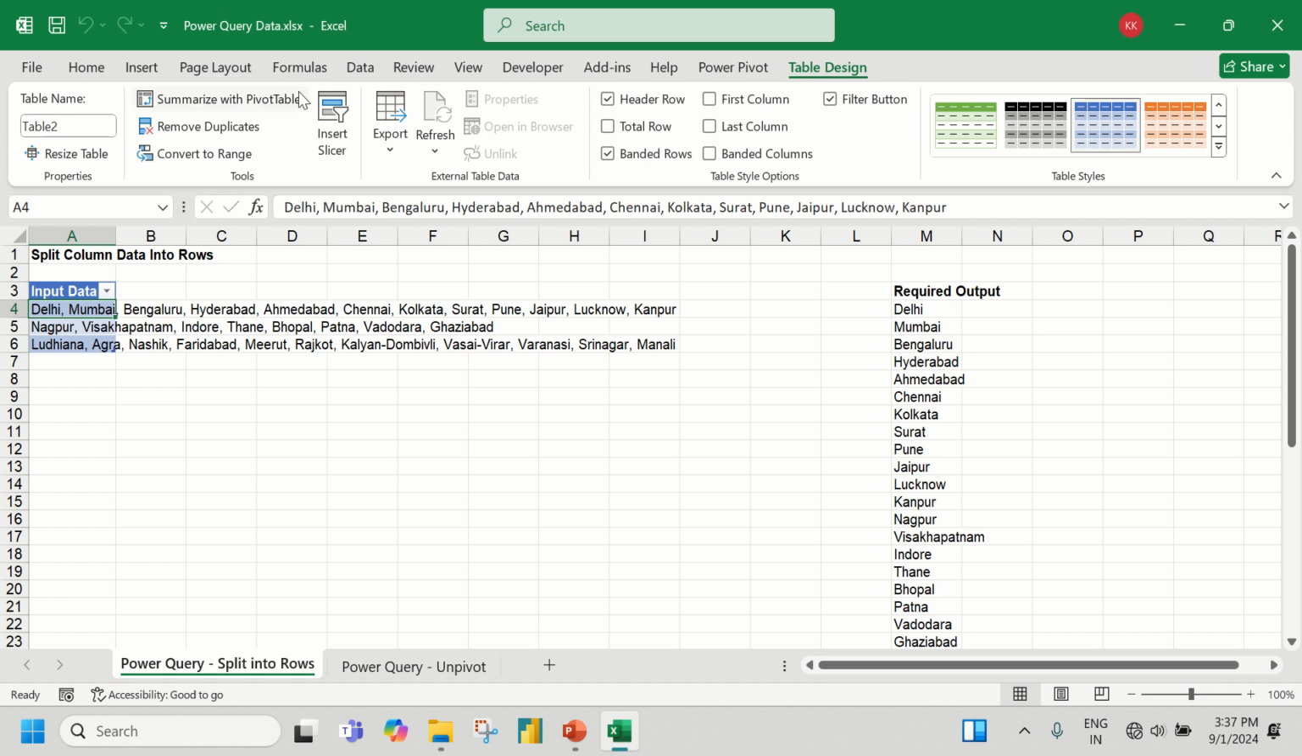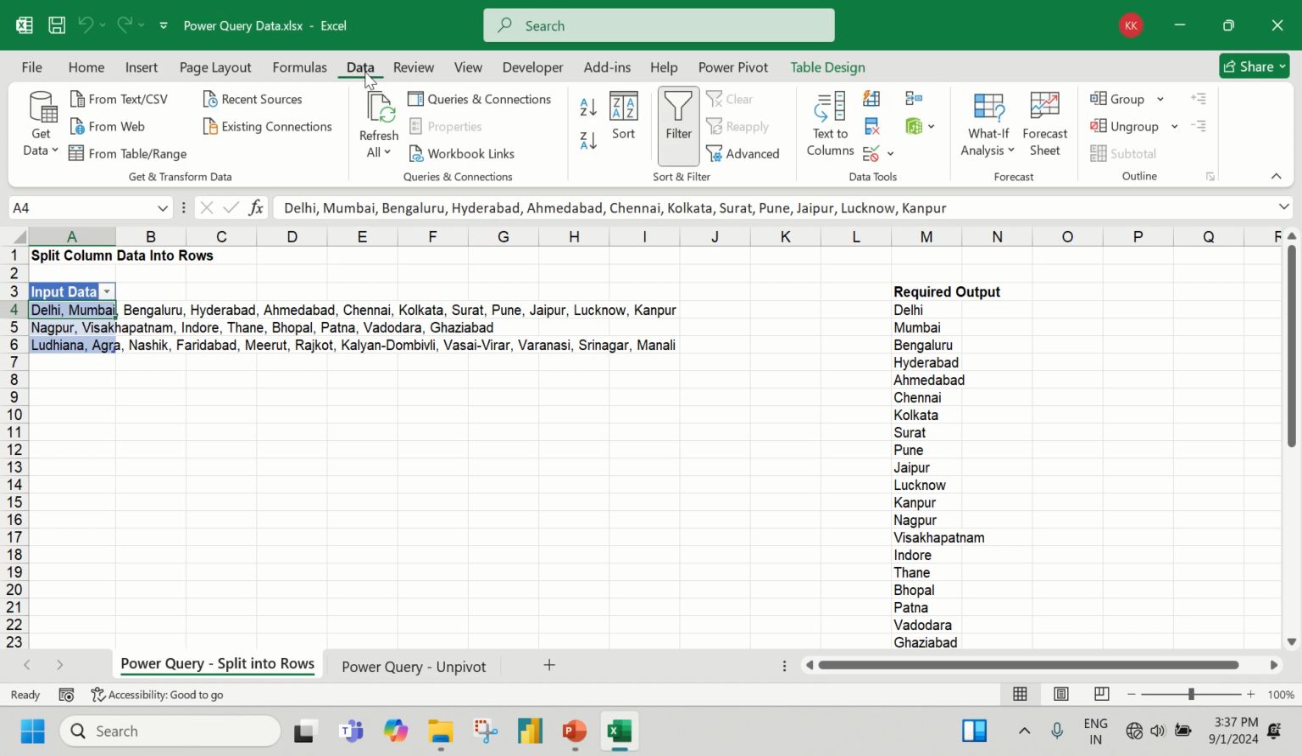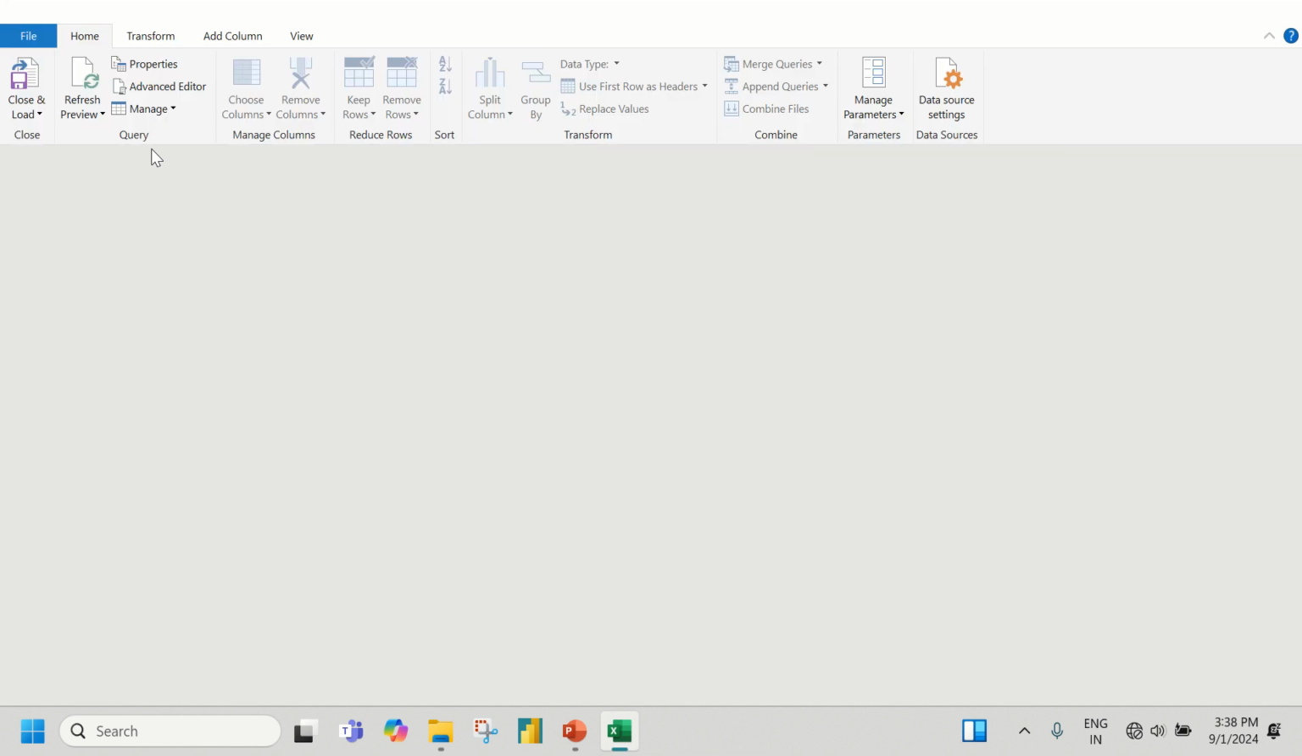So let's do this. All of you just go to Data tab. There is something called From Table or Range. Make sure you keep the cursor on the table. Make sure the table design is also enabled. Go to Data tab, From Table or Range. Click that. You will see